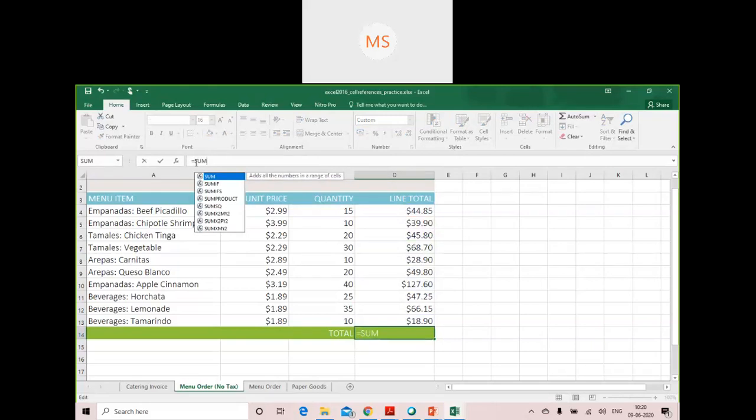As you can see, the moment you type a name in the formula box, it automatically pops up some related functions, so whatever function you want to use, you can make use of. SUM followed by an open round bracket, or you can say parenthesis.